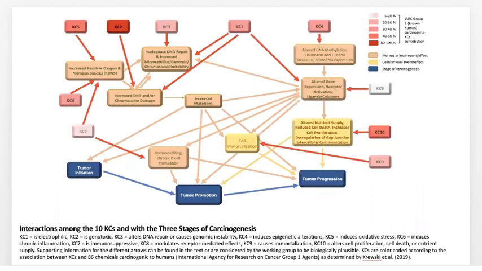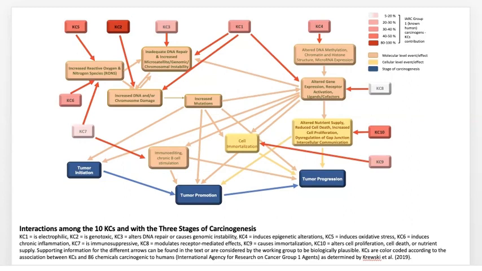There are several things that we ended up doing as we went through and looked at each individual key characteristic and looked to see to what extent there were in silico computational models that could be used for predicting that particular downstream effect. But one of the things we decided to do is to try and put this together, and this is a work in progress. This is our first try at putting together a model of the interactions between the KCs and the 3 stages of carcinogenesis. One of the things to point out is that each of the KCs is color-coded.